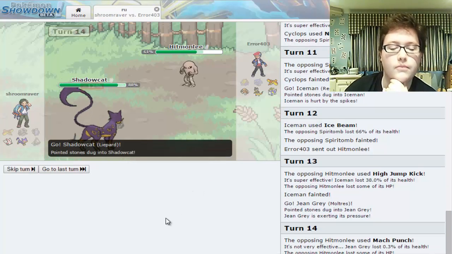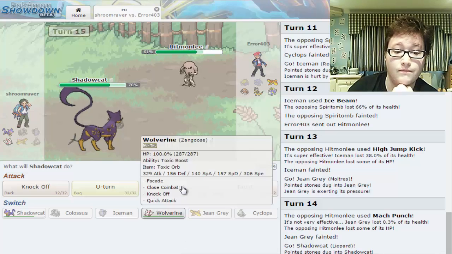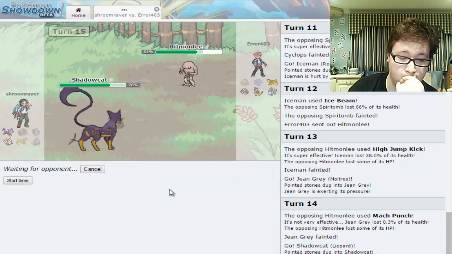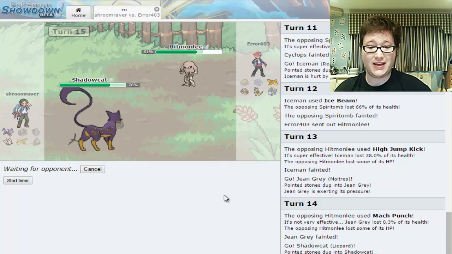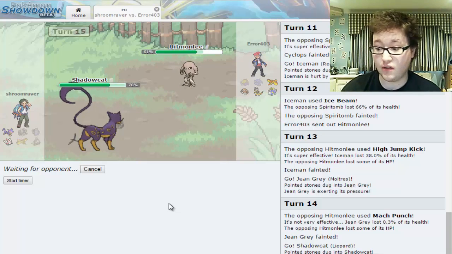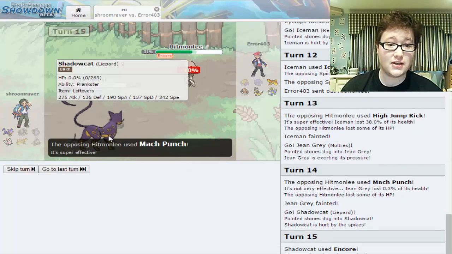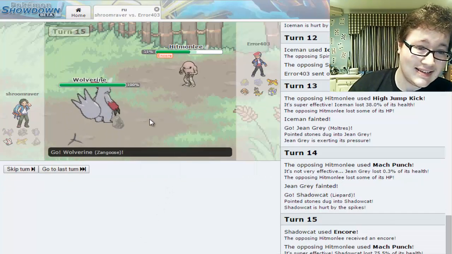I have a plan here though. Mach Punch, not ideal for him. I'm actually going to Encore him into it. Is what I'm going to do here. Encore him into Mach Punch if I can. If he goes for high jump kick, then that's fine as well. No, I'm going to be able to Encore him into the Mach Punch, which is going to take out the Liepard. But it does mean...